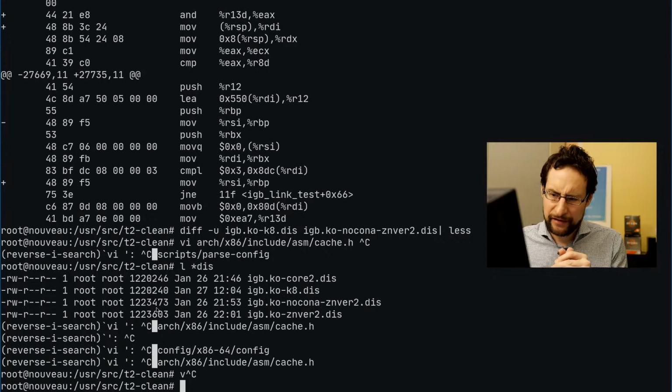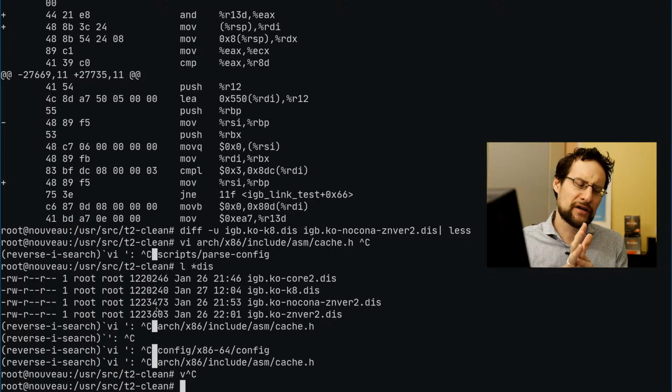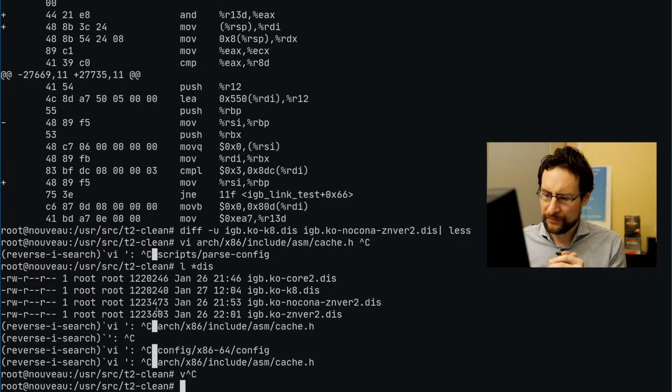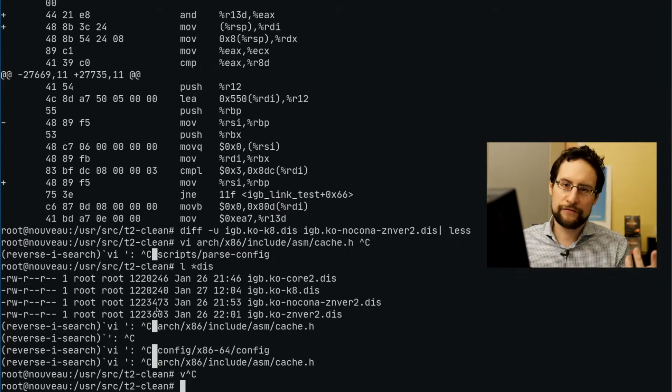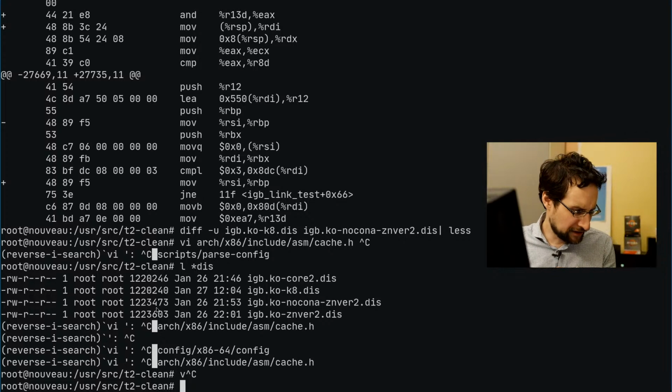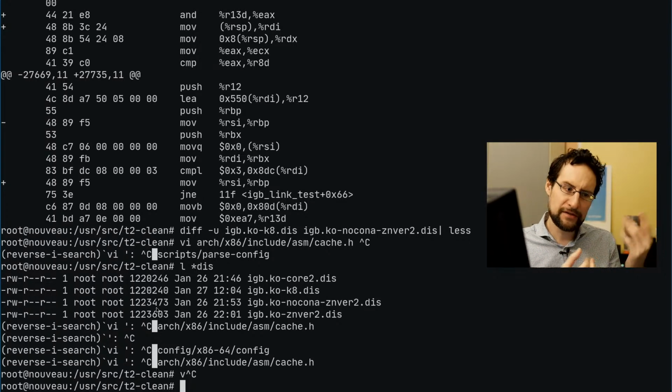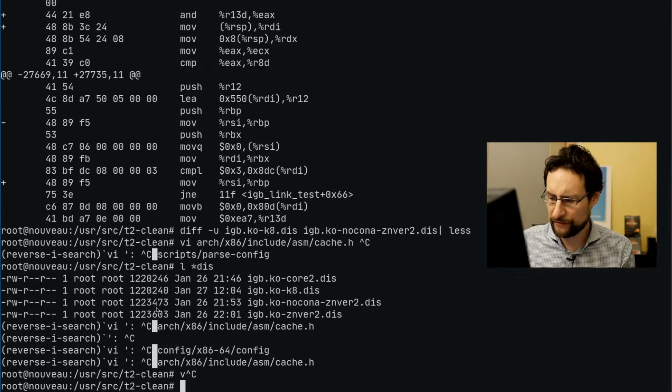Given that the problem is also, I only see the bug with the Intel IGB Ethernet driver. So the kernel boots, so what are the symptoms? The kernel boots, it doesn't even oops, it looks like everything works. I can also build stuff, so like 99% of the stuff like NVMe, serial ATA, USB stuff, everything works except Ethernet frames with the Intel IGB driver.